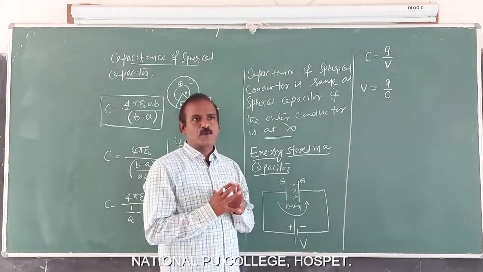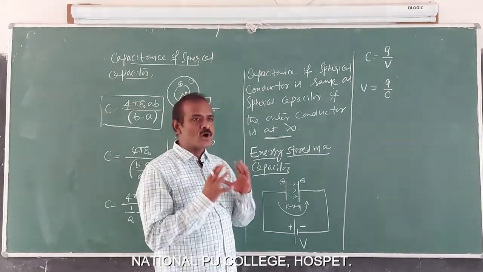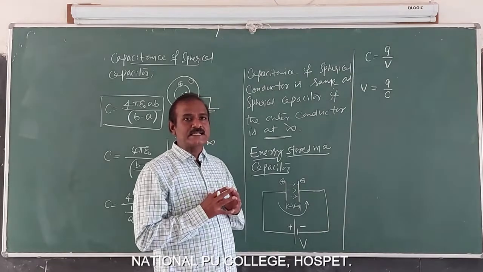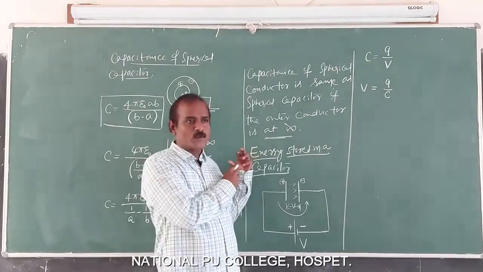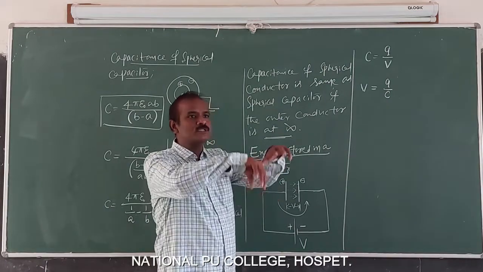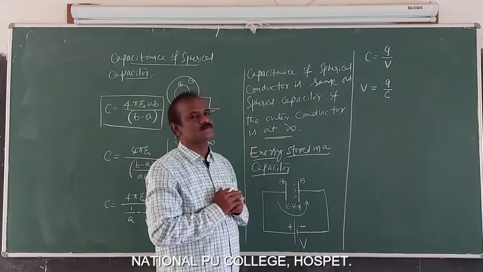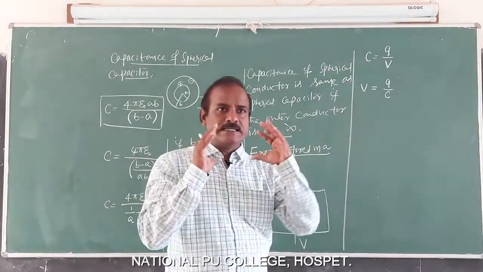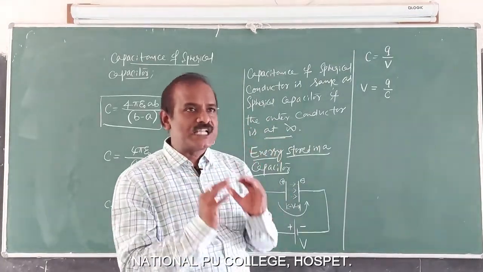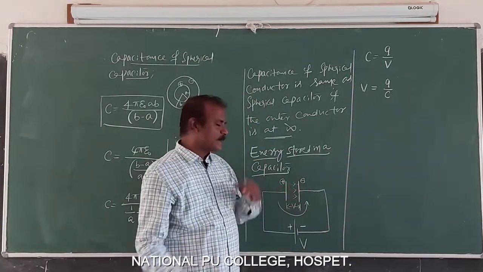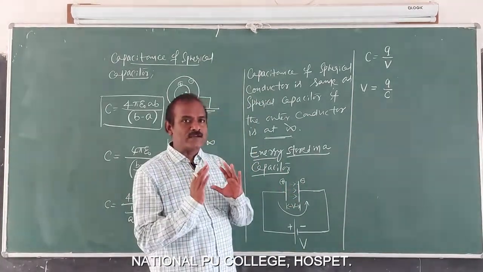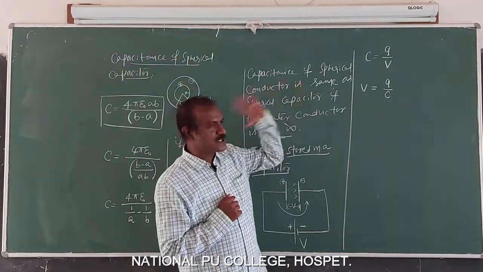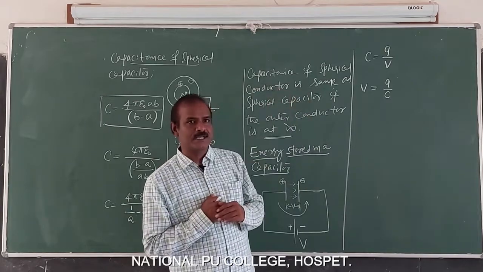What is the cause for the potential difference to establish? Because of the work done by the battery. What kind of work is done by the battery? To pull electrons from one plate of the capacitor and to deposit them on the opposite plate of the capacitor. Work is done by the battery, and the work done by the battery will be stored as electrical energy between the plates of the capacitor in the form of electric field. Now this is the situation. Now the capacitor has this situation currently.